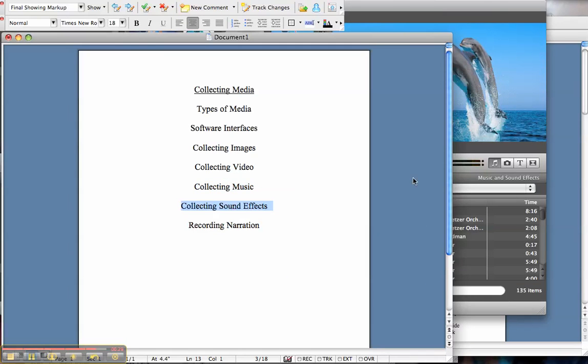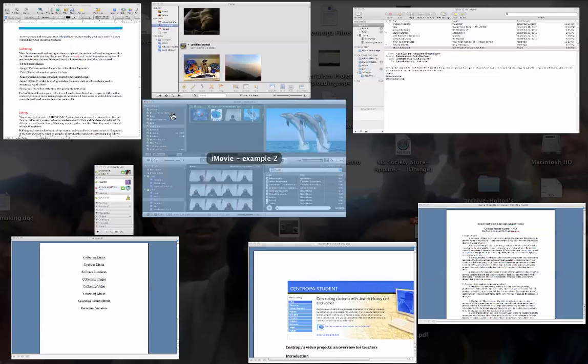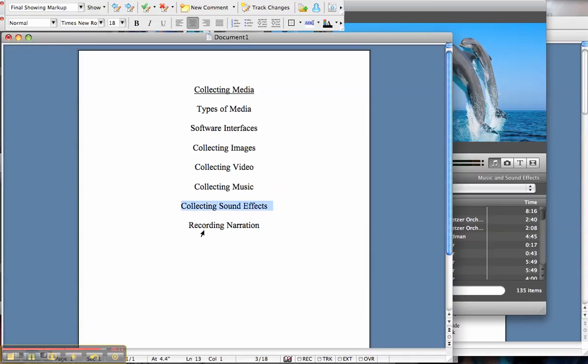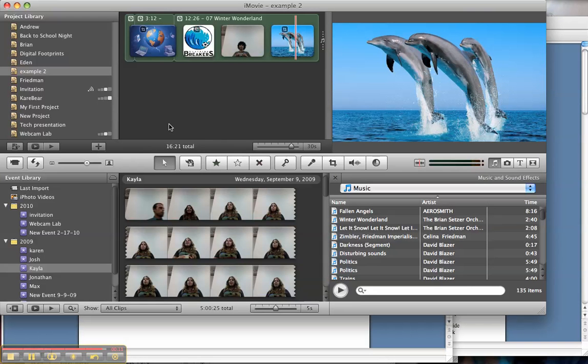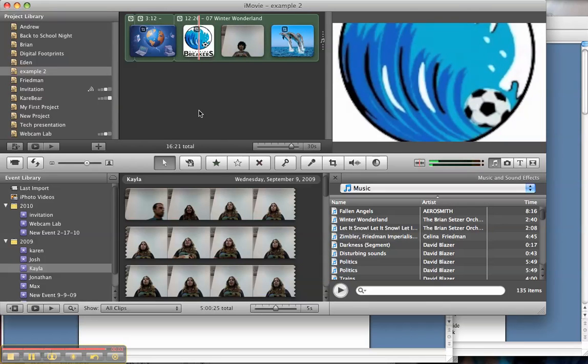The same goes for sound effects. Typically, sound effects work the same way. You might be able to find a website that provides them for you, or they may just be in the software that you're already using. The final piece is recording narration. And there, typically, as long as you have a microphone, it's just a matter of setting up the microphone and recording it directly into your project. And I'll provide you a separate tutorial